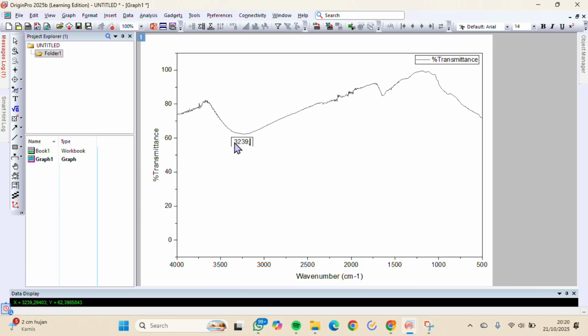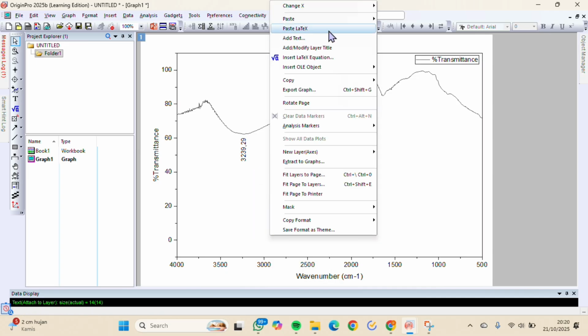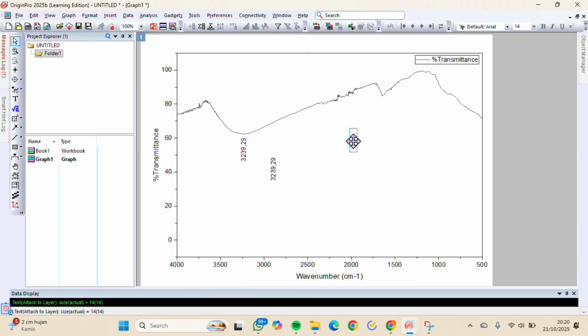Then rotate the text from horizontal to vertical. To make it faster, we can copy the number and then paste it. And then repeat the same steps.